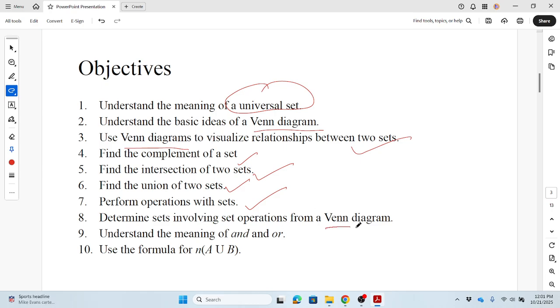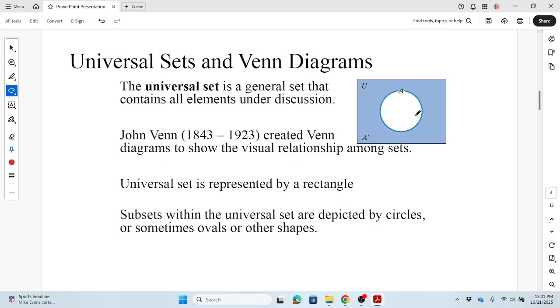We're going to use Venn diagrams to do the set operations. Understand the meaning of "and" and "or" between the sets, and then finally we're going to find out the total number of elements in set A or B. So these are the topics. So first of all,